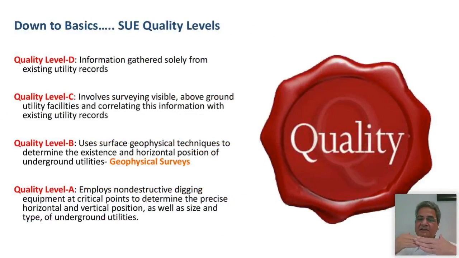So we have basically 4 different quality levels in subsurface utility engineering. One is called quality level D. Quality level D is information gathered solely from existing utility records. This is what was being tried in case of Delhi Metro, as I gave the example in 96-97. They contacted all the utility owners across the city, collected